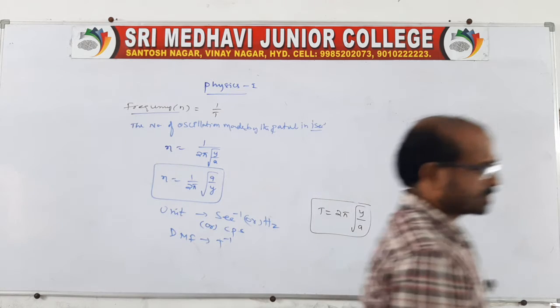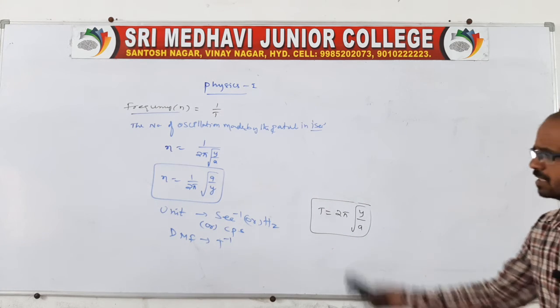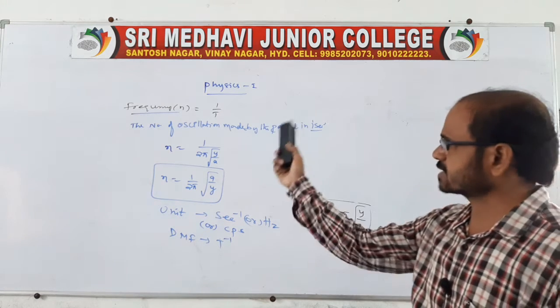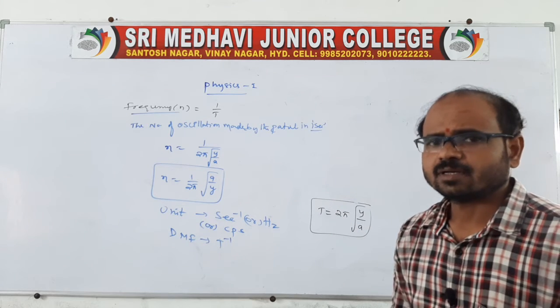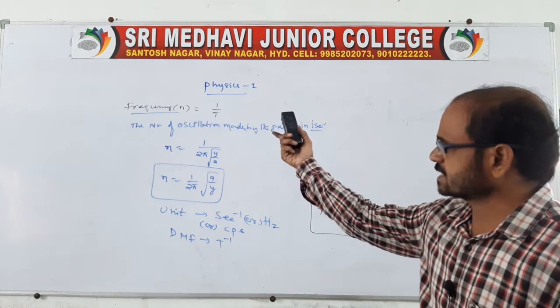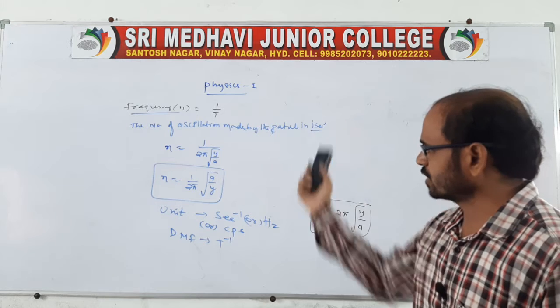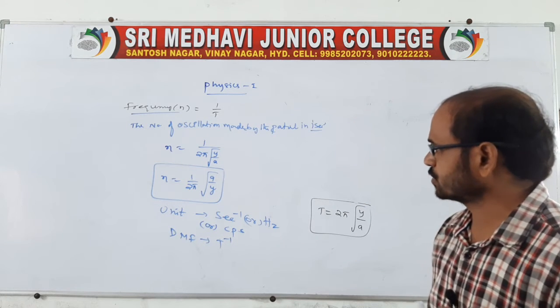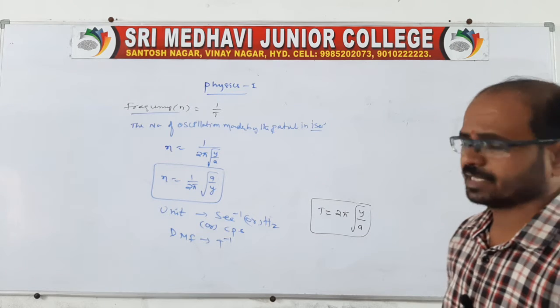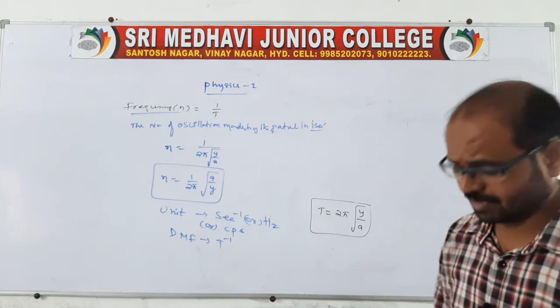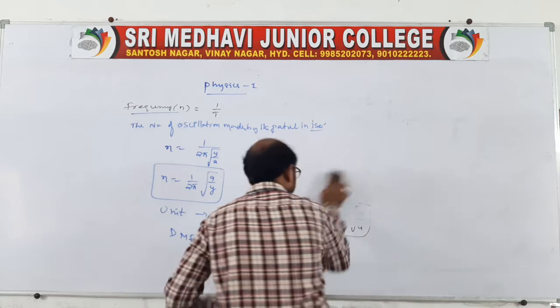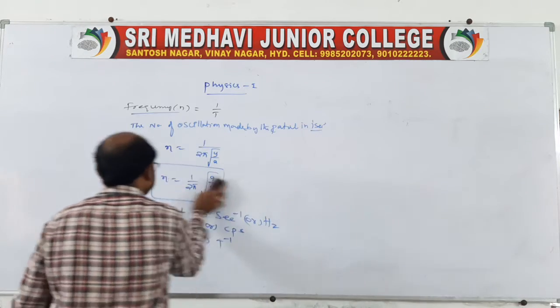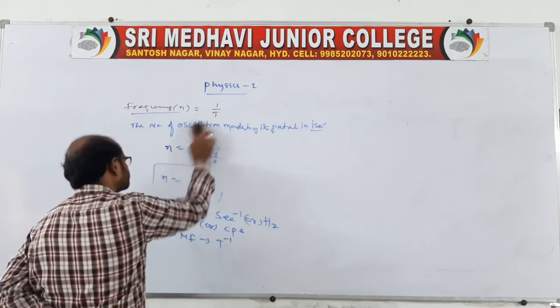That is related to frequency. Simple. Time period is the reciprocal. The time period formula is T is equal to 2 pi into root over y by a, whereas the frequency will be 1 by 2 pi into root over a by y. That is y by a and it is a by y. So this is how time period and frequency are related.